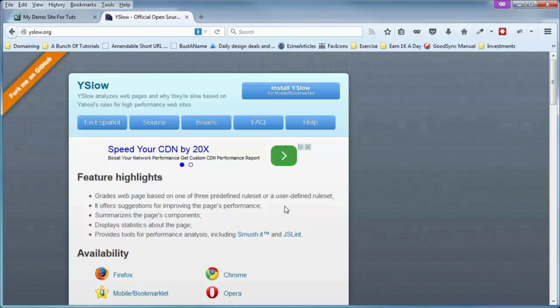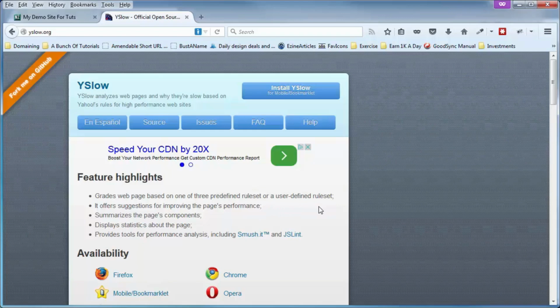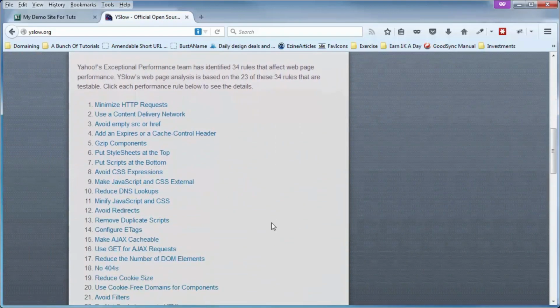One such tool is called YSlow. YSlow is from the development department of Yahoo. And in this video, I'm going to give you a tour of YSlow and cover some of the major components that will help you get the most out of your site speed testing with this free tool, and what to avoid whenever using YSlow. Now, YSlow has developed 23 different testable rules related to the optimum load speed of a